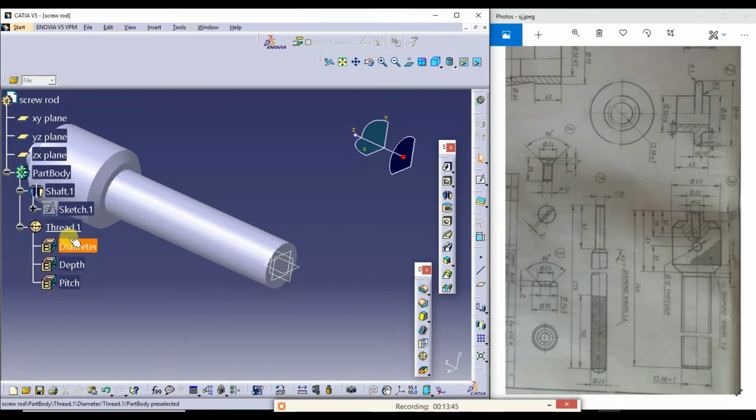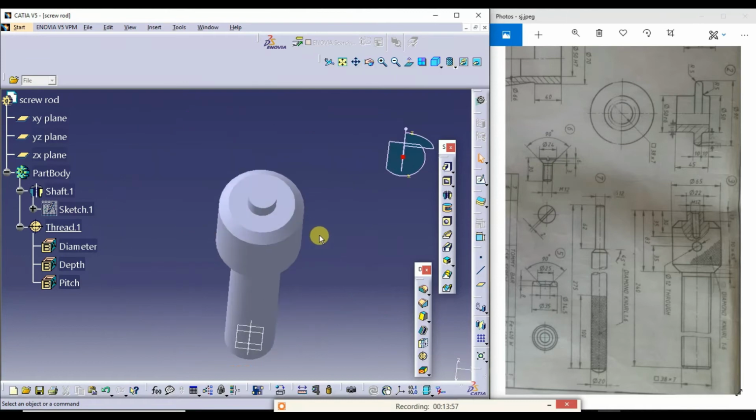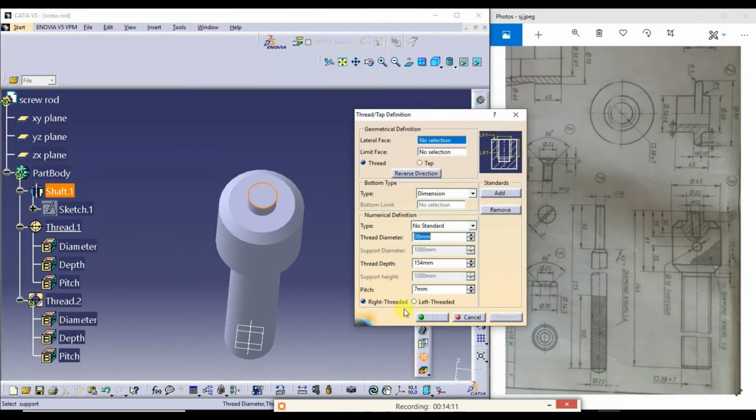It is appearing in the tree. Now next I need to create this threaded hole. I'll select this plane.